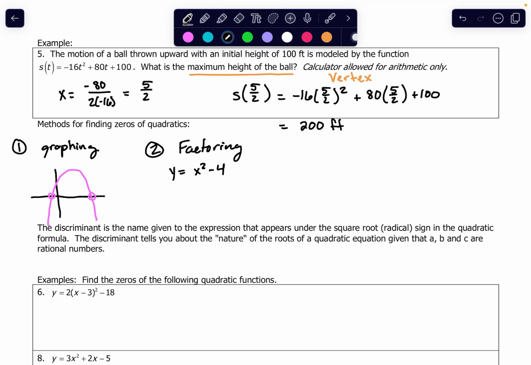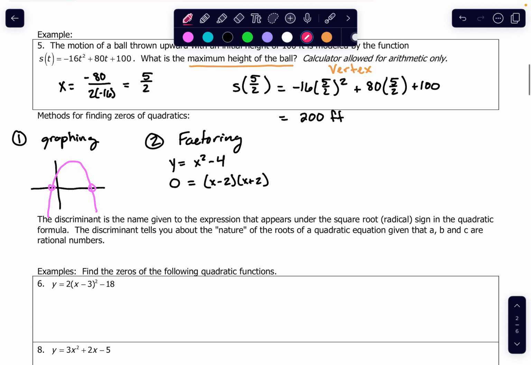Note here that this is a binomial, but we'll notice that this is a difference of squares, so it factors into x minus 2, x plus 2. Since they are conjugates, the middle x term cancels to 0. Something special here is you're asking when this function is equal to 0. Take a look over here at this graph. You could answer this question when this quadratic is equal to y equals 1, or y equals 2, or y equals negative 2. But we're going to ask where this function is equal to the y-coordinate of 0,